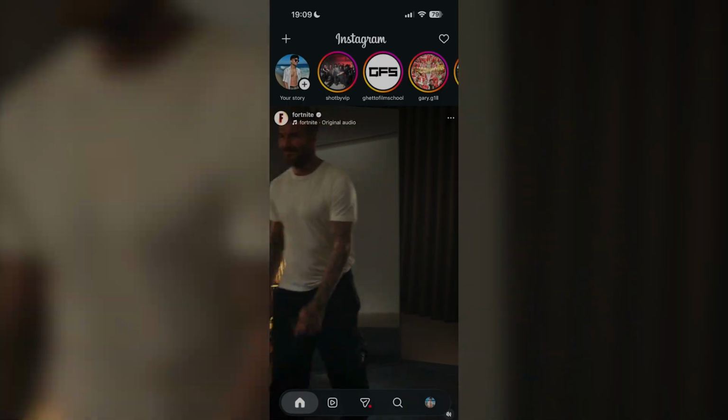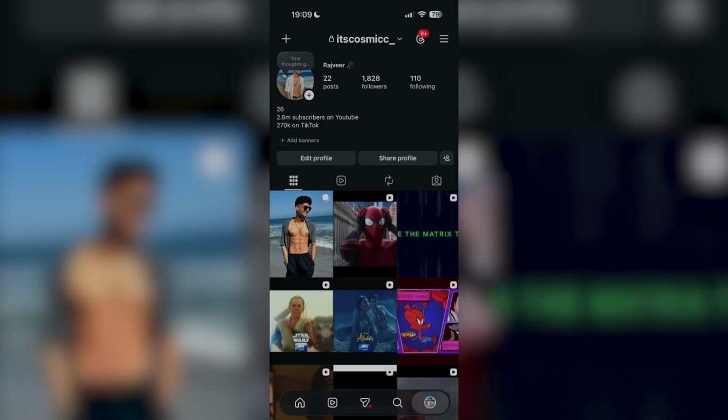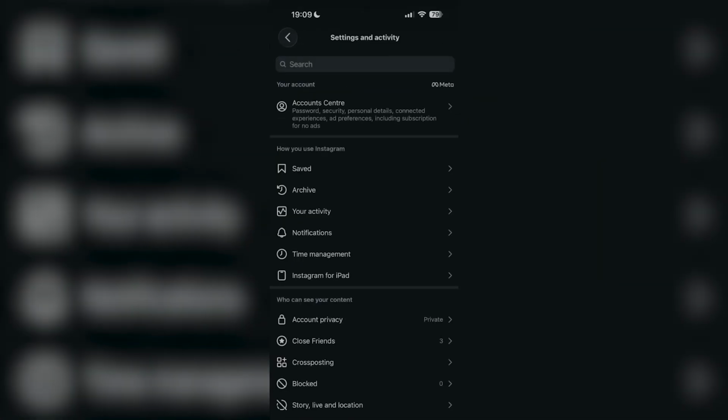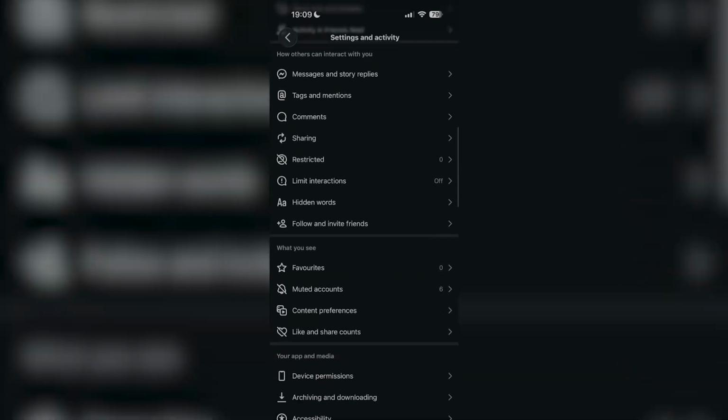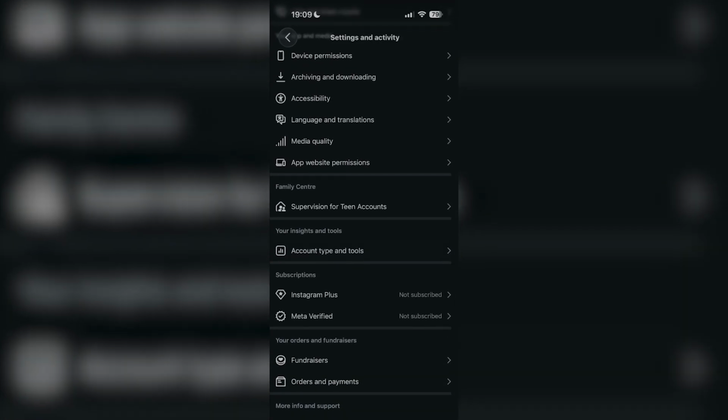Now it's very simple to go ahead and do this. So click on your profile and then on the top right, click the three lines. Now what we want to do is once we're in settings and activity, scroll down and press account type and tools. So we're just going to go ahead and find that right now, which is going to be towards the